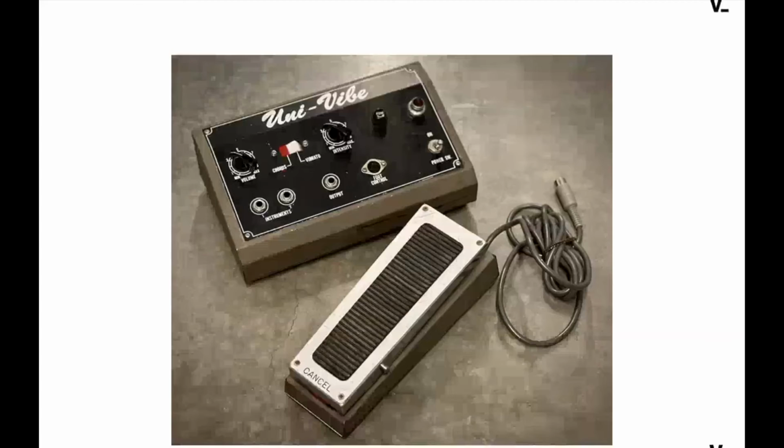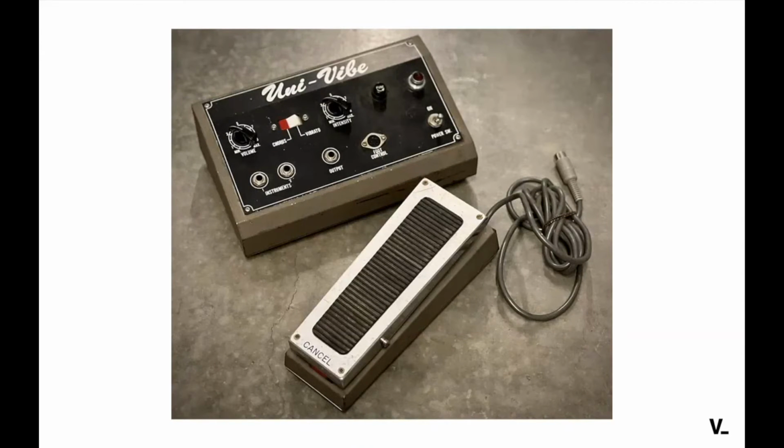And then, a couple more things I'm going to talk about. So, something like the Univibe was an effect that was designed to emulate the rotating speakers that some organs at the time could do. The rotating Leslie speaker. If you ever get to see these things, they're literally speaker cabinets that have multiple speakers going around, like a Ferris wheel for speakers, which creates an interesting sort of Doppler effect. But those things are heavy and not very practical to go lugging around. And then obviously there's mechanical failure that can happen. So then somebody created the Univibe, which creates that sort of chewy sound, which would be like a